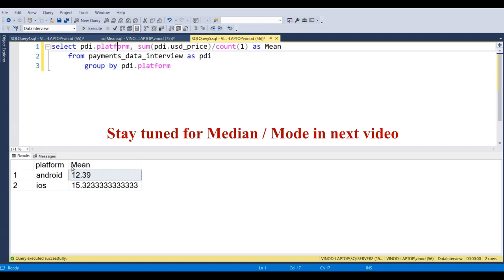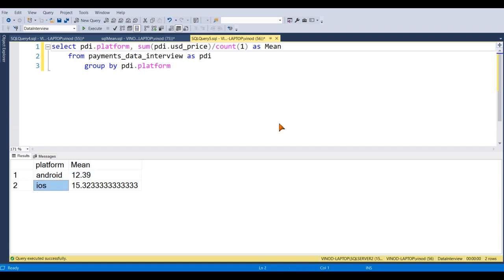First will come Android and second will come iOS. So this is how you generate the mean. You first group by platform, perform a sum on that, and then divide by the count. This will give you the desired output for mean.